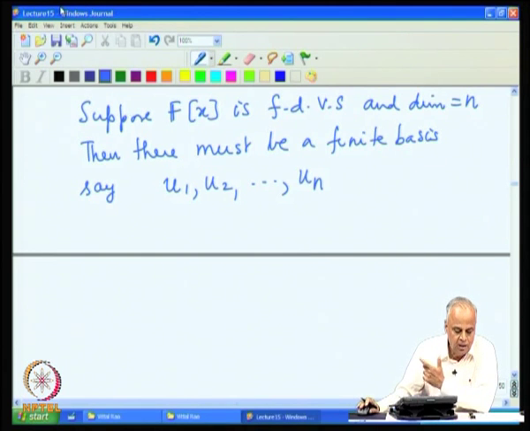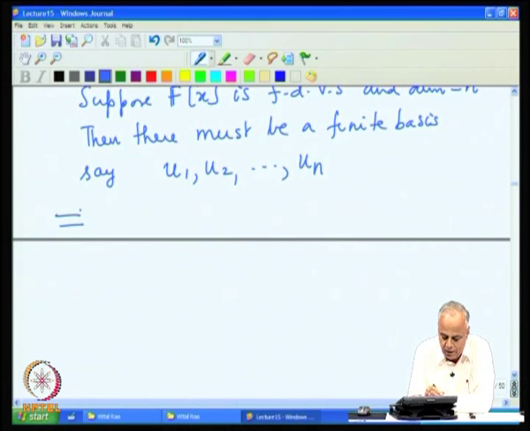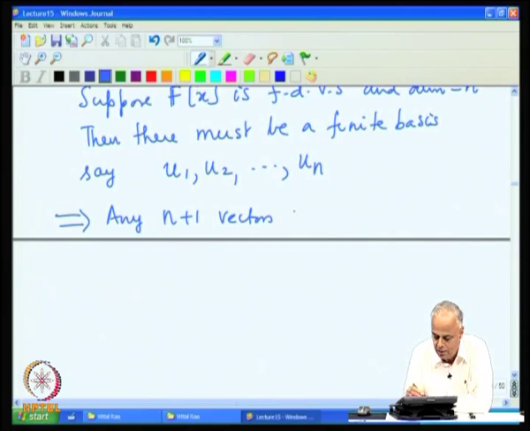And we have seen that the moment you have a basis consisting of n vectors, any n plus 1 vectors must be linearly dependent in that space. However, this is a contradiction,